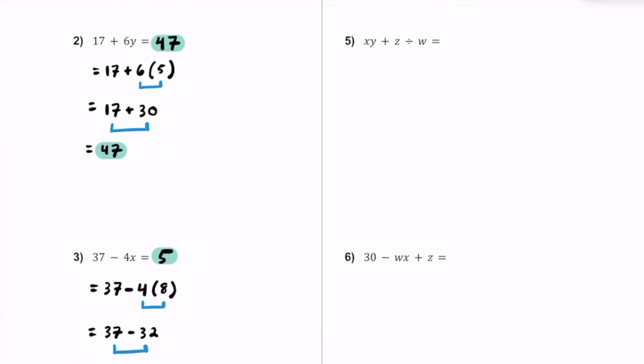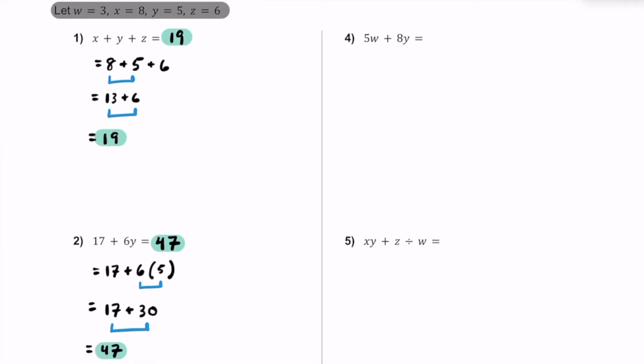All right, let's check out number 4. For number 4, we have this expression of 5w plus 8y. Really what this means is 5 times whatever w is plus 8 times whatever y is. So let's substitute in. We have 5 multiplied by w. Now we know w is equal to 3, so it's going to be 5 times 3. Plus, we have 8 multiplied by y, which we know y is equal to 5, so we're going to have